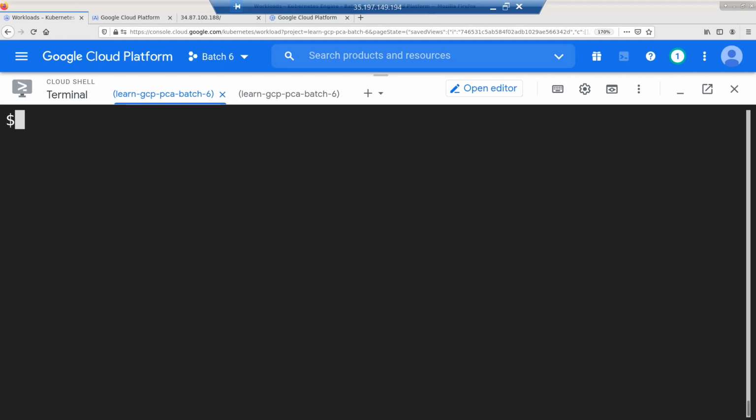Yes, Anil Kumar also got it. It's going to be a gcloud command. Mangesh also got it. So the command which we are going to use is gcloud